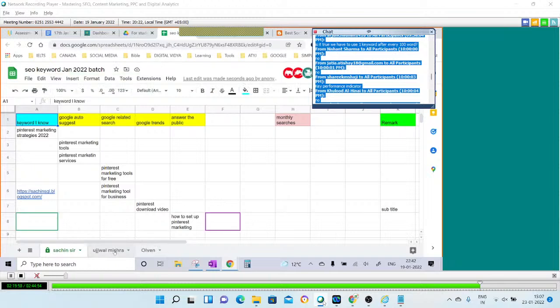You can see Ujjwal has added, Allone has added, and Pradanya has added. So people are working, and that's why a lot of people working brings that conflict. You can see the conflict word has come. So you can just work on any Excel right now. Just open the Excel on your desktop, do this, and later on you can paste this after the class. You will have the access anyhow.